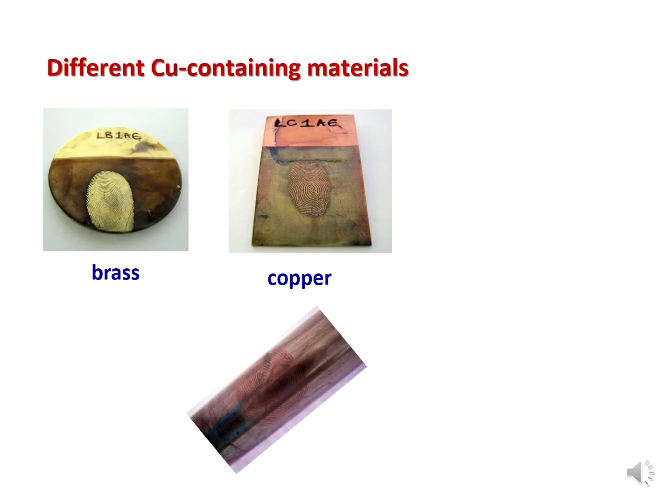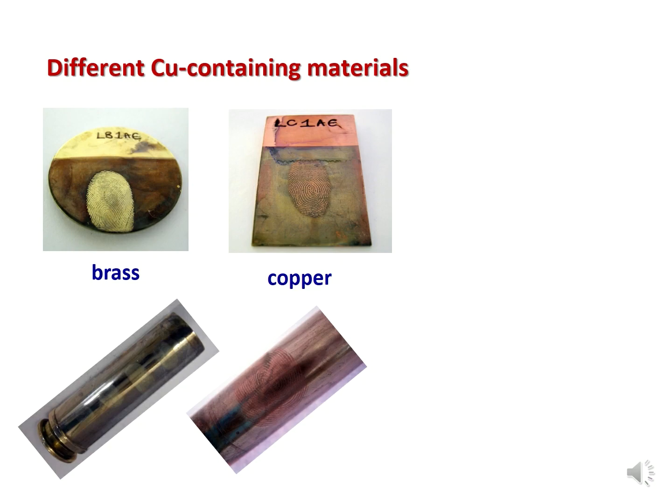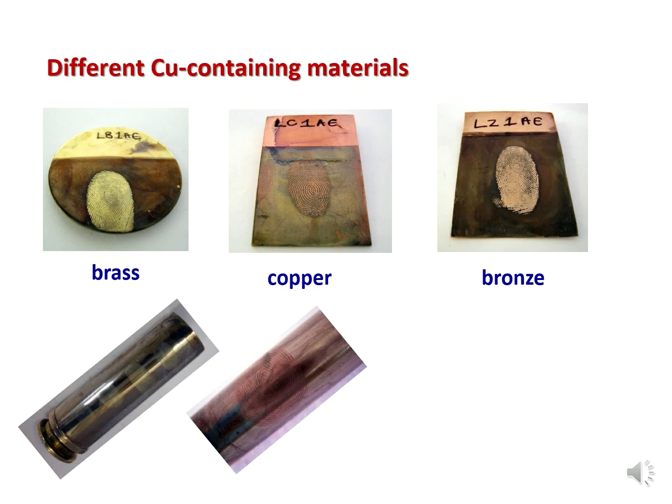It also turns out that this will work on alloys of copper, and brass is the obvious example here. And here you can see that a brass plate with a latent mark on it has been visualized. The forensic relevance of this is for brass bullet casings. Another example of an alloy involving copper is bronze, and here you can see that we've been able to visualize